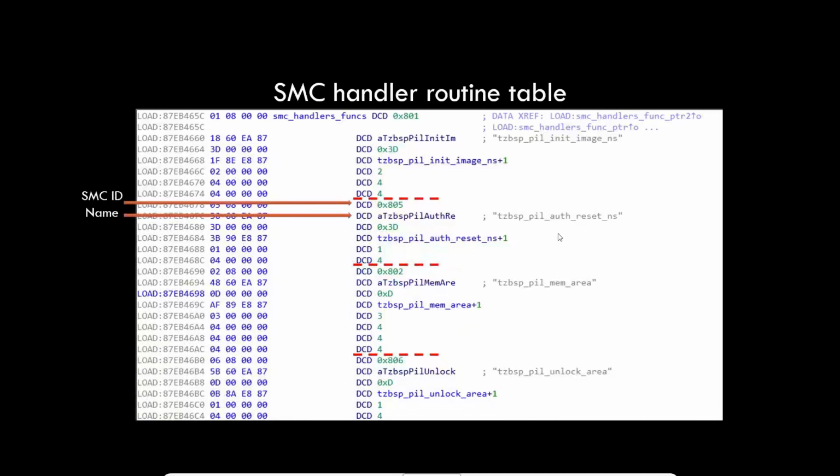I mean, we didn't name anything. The symbols were basically there, and it was pretty easy to identify the function purpose, at least from the name. And then we have the routine, the function handler, the SMC handler itself, which will be executed. The parameters which are passed through the SMC command are basically provided to this function call.